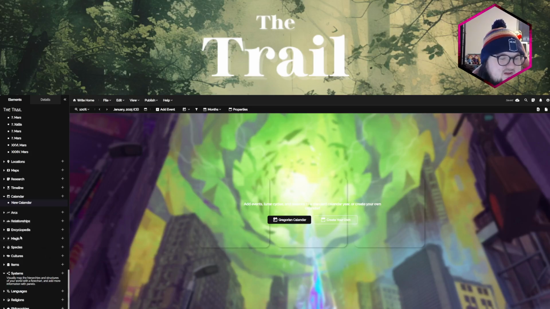But yeah, quickly, these last ones that are more sci-fi and fantasy oriented, you can add a magic system, you can add different species, cultures, items, so like, weapons or mystical magical objects. There's a sword that's important to my story, but I know that sword, I don't really need to make an items thing just for that sword.